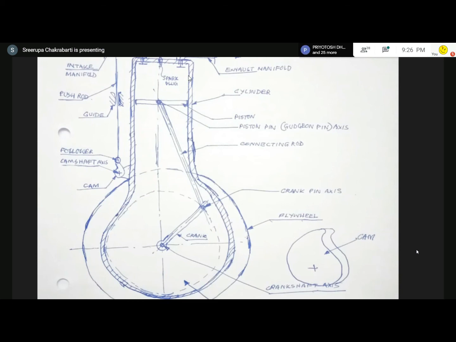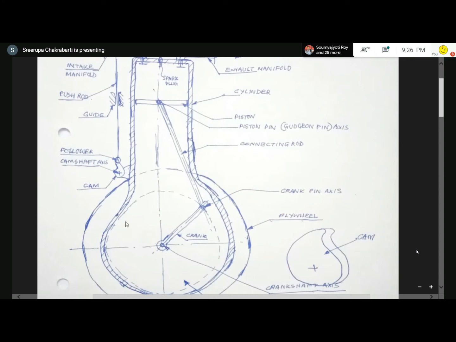I have explained a lot of things, but I deviated from that. Now, what I was telling: suction and compression are over, then the power stroke. When the compression was taking place up to 360, suppose 15 or 20 degrees before 360, when theta is 330 or 335 degrees, what is the position of the crank?